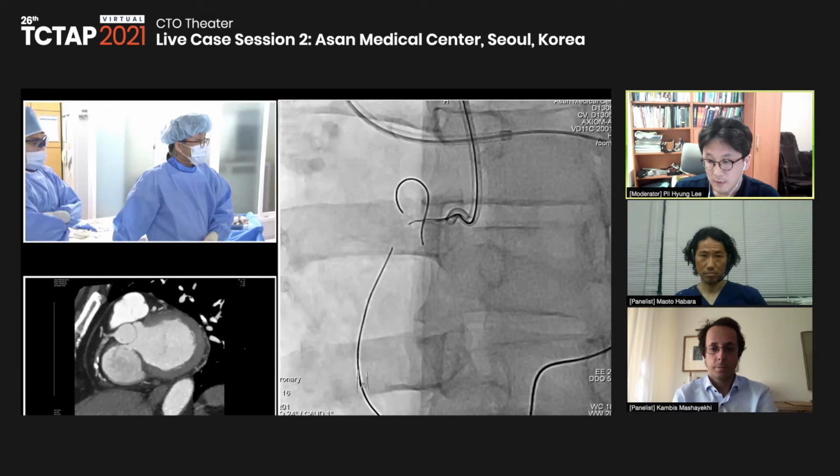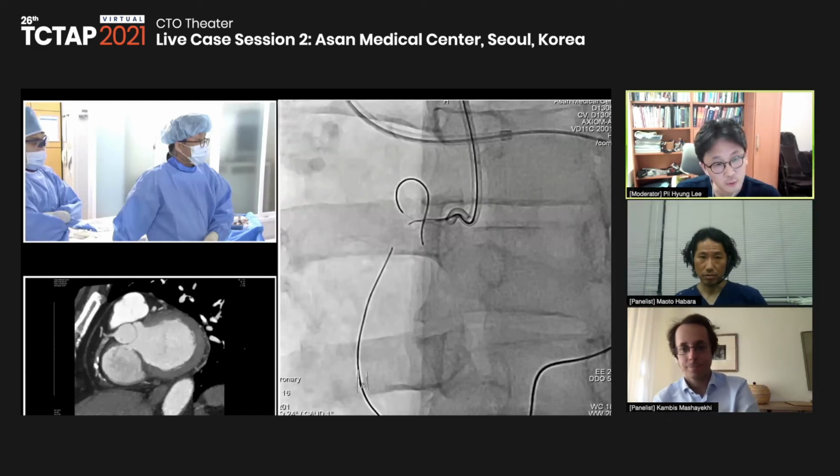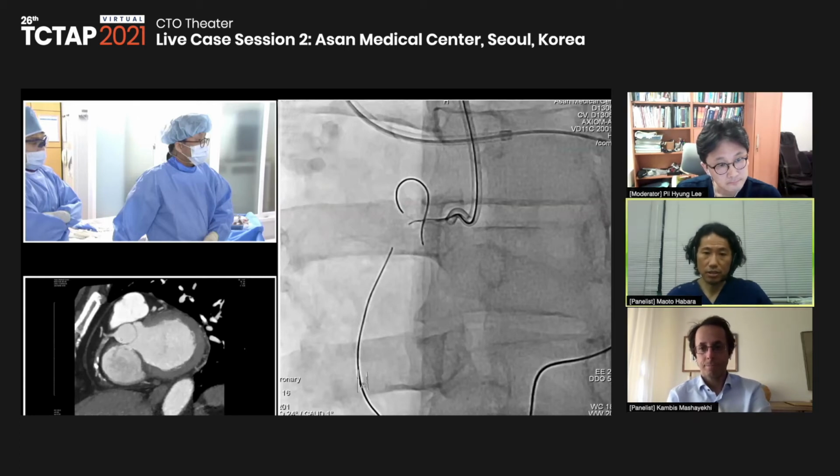So this was a really big problem in this case. Don't you use Fine Cross? Yeah, we have Fine Cross. Would it be better to use a Fine Cross in this kind of case? This case is you cannot pass in a very tight region. So if such a very calcified region, Caravel or Corsair has no big advantage. So in that situation, Fine Cross sometimes